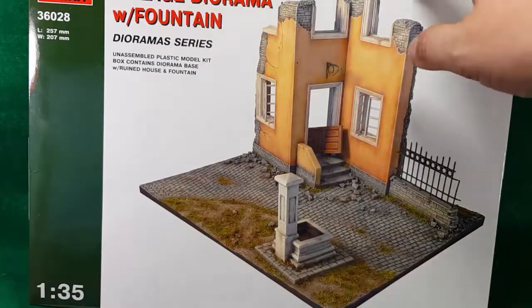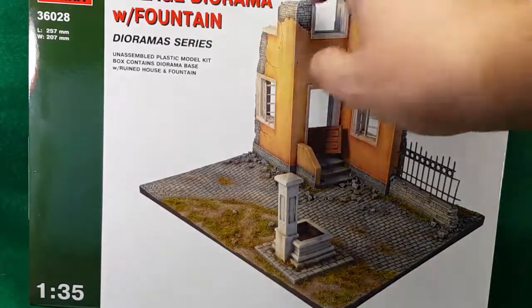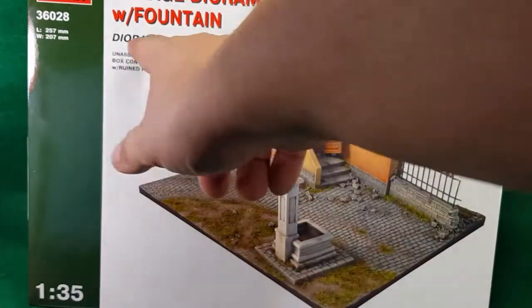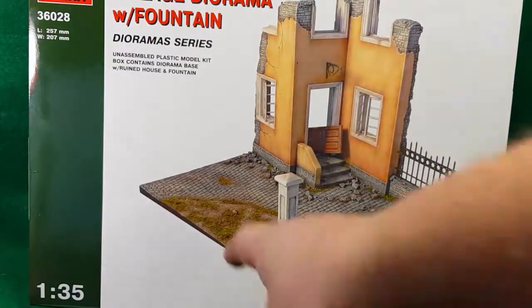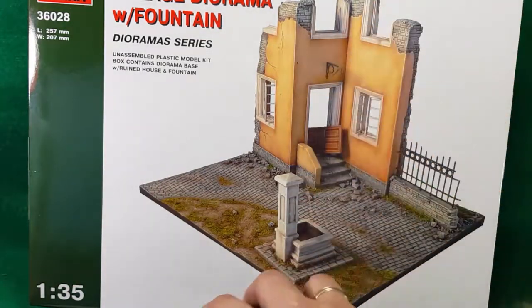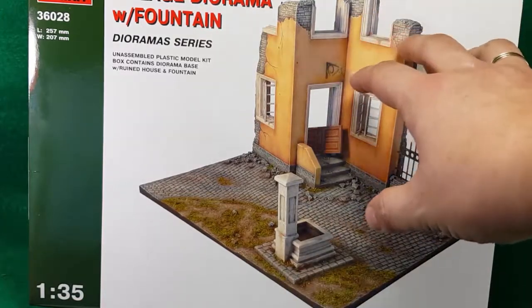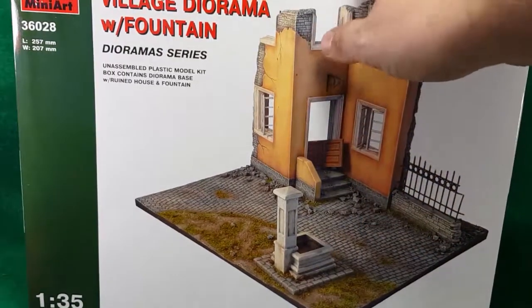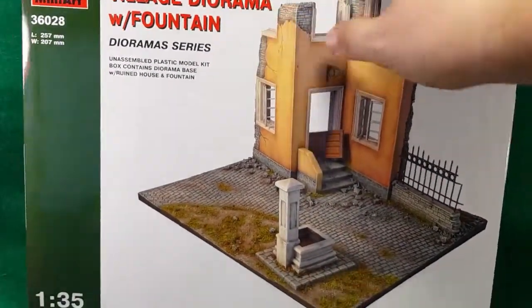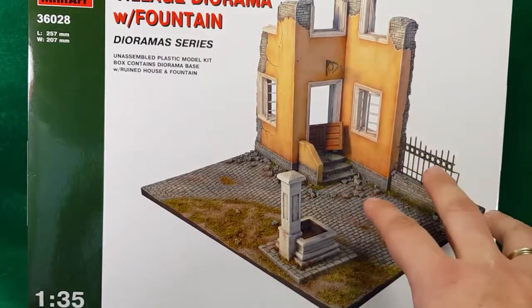Today we will take a look at the MiniArt village diorama with fountain. This is a diorama series, kit number 36028. Of course, 1/35 scale. As you see, it comes in a rather big box. Classic